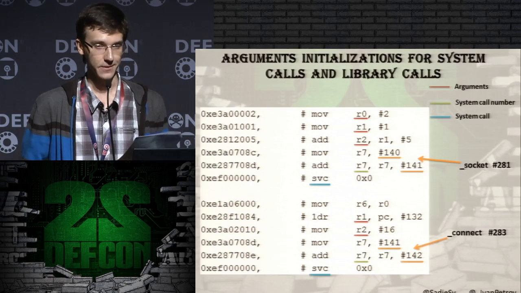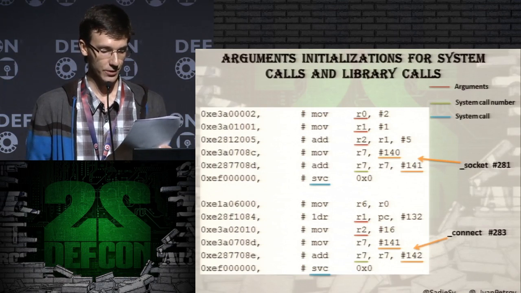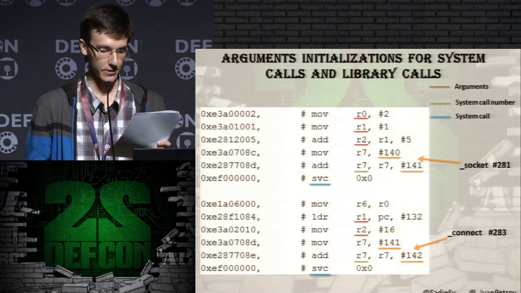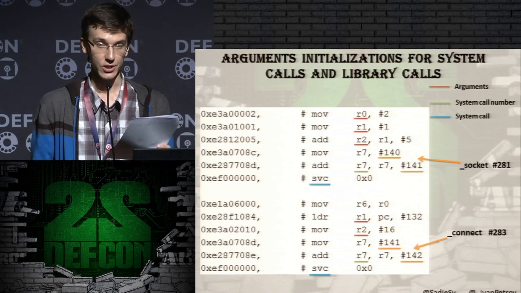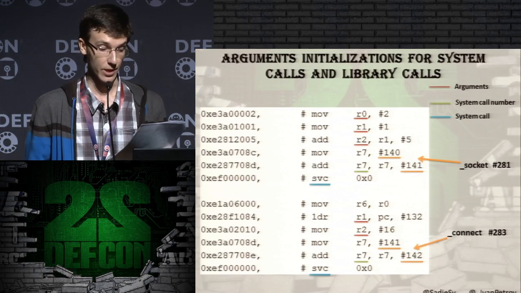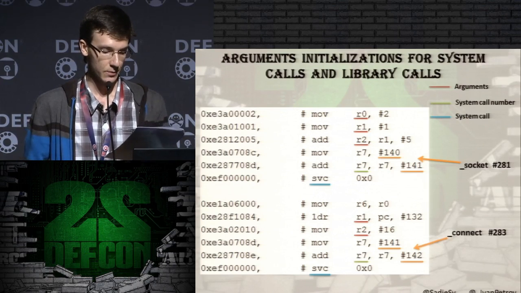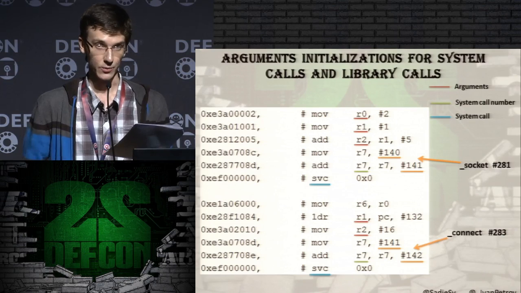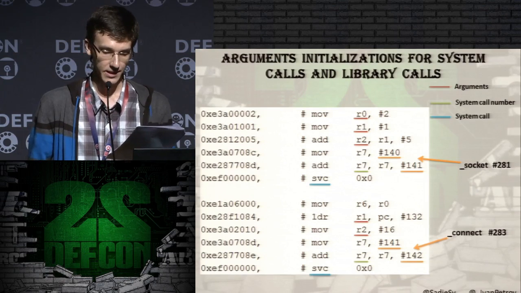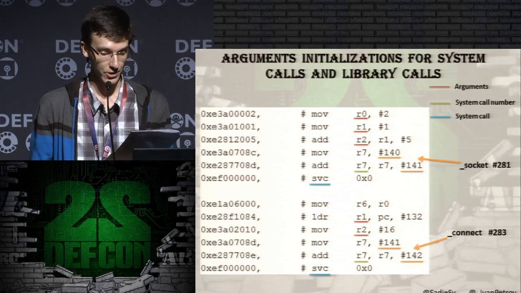The next feature is the existence of correctly formed system calls or library calls. This means that the arguments of these calls should be initialized. Let's consider the part of the ARM shellcode from the Metasploit framework. Here we can see some system calls. How do we use system calls in ARM? All registers from R0 to R6 are used for arguments for the system call. And the R7 register keeps the number of the system call.